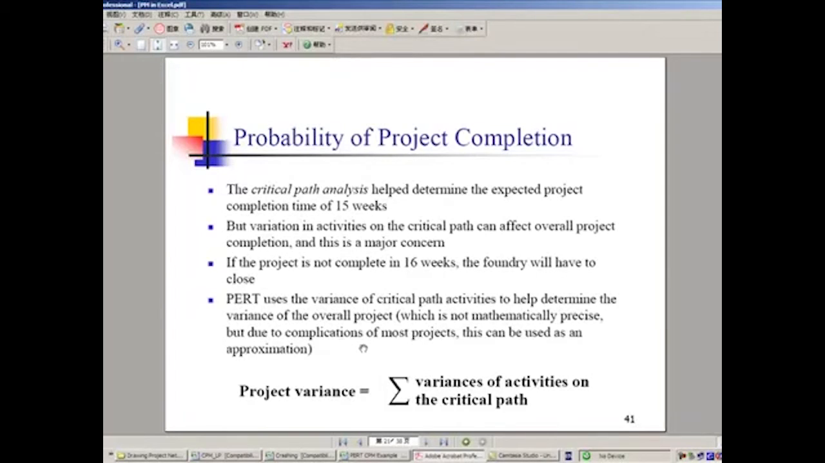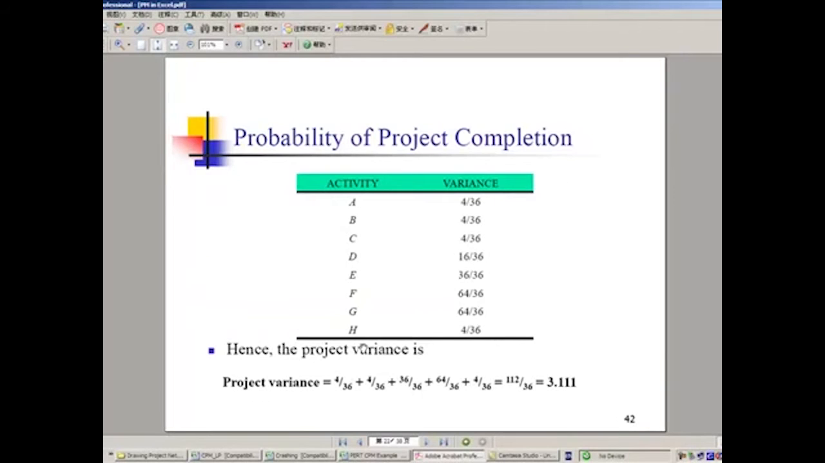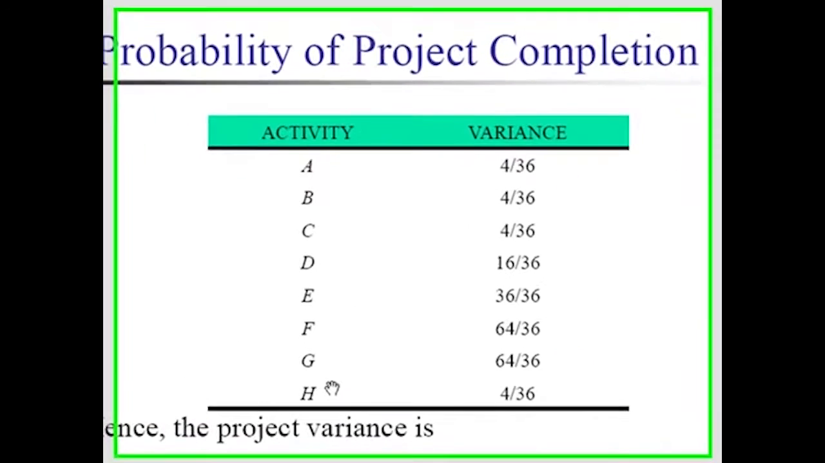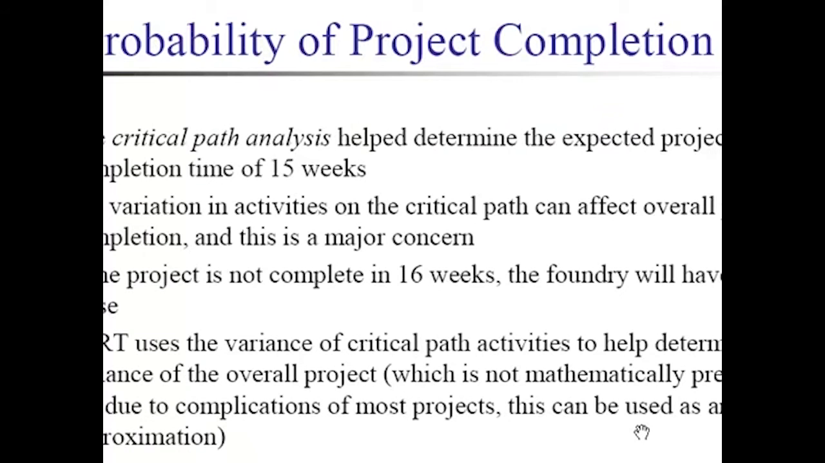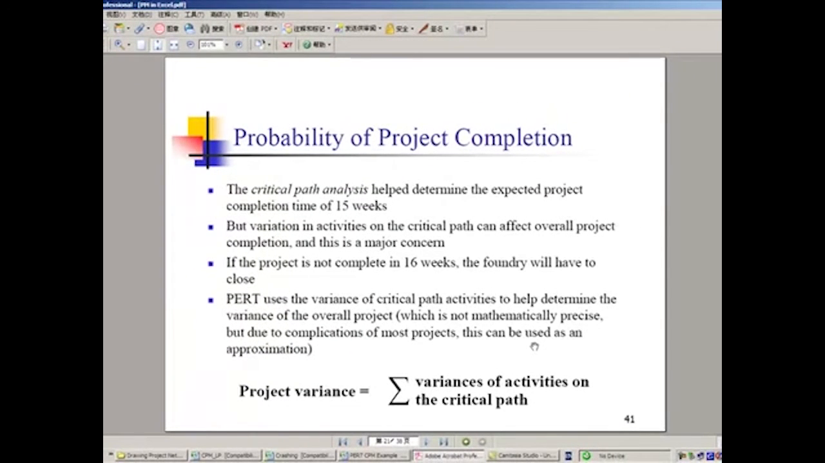And to calculate the project variance, for calculation convenience, normally for some researchers and in the industry, some practitioners, they treat the project variance simply as the summation of the variance of all those critical activities. So in that way they focus on the critical path only. But we know definitely, as we just discussed, it's possible